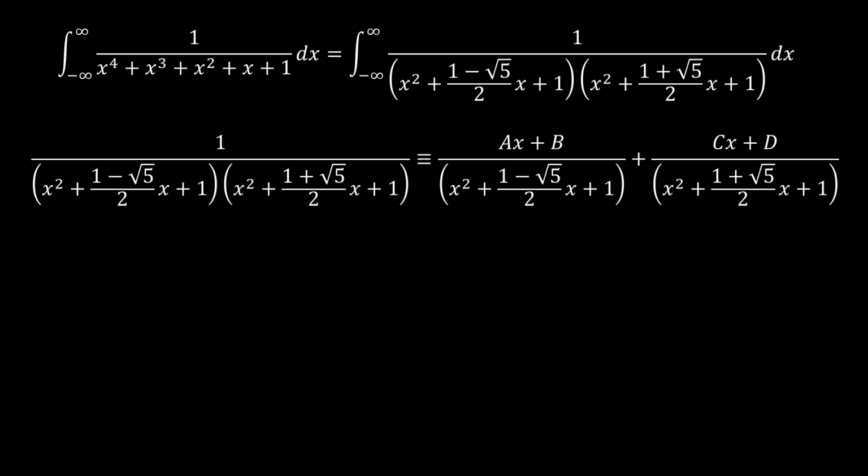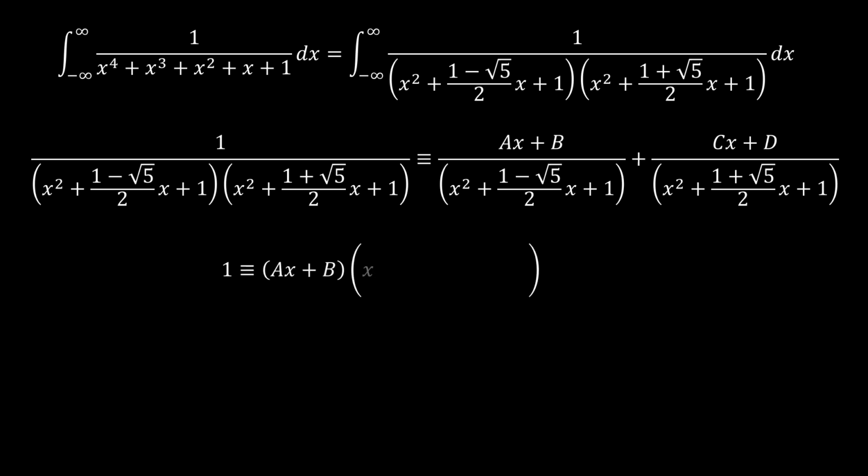So we have to assume, and then we'll go ahead and derive what A, B, C, and D are. So when we multiply the left and the right hand side with the product of x squared plus 1 minus root 5 over 2 x plus 1 and x squared plus 1 plus root 5 over 2 x plus 1,